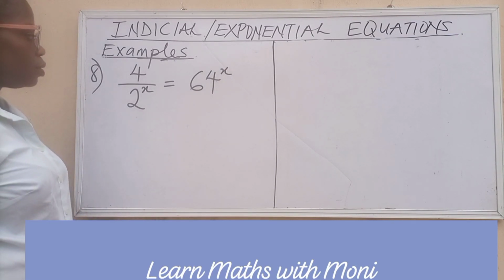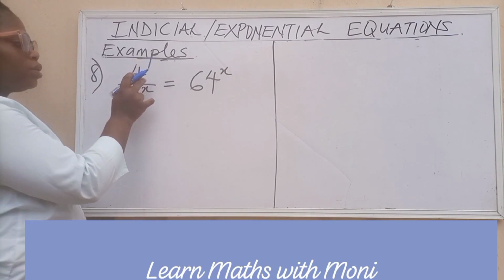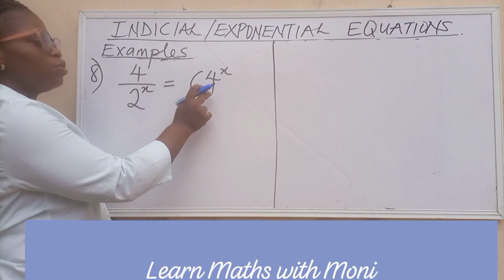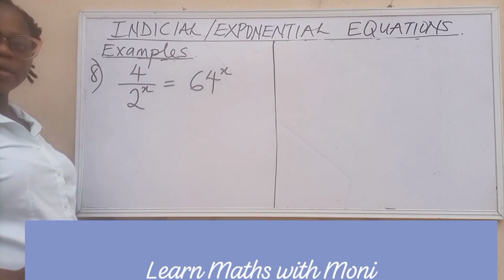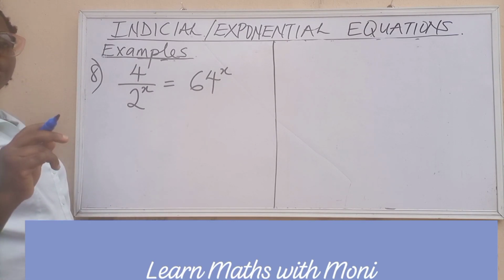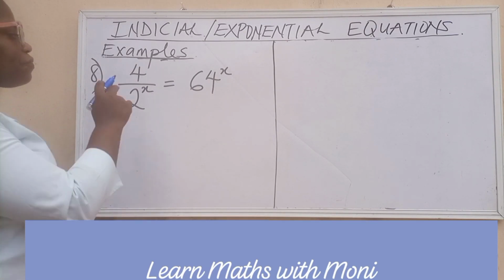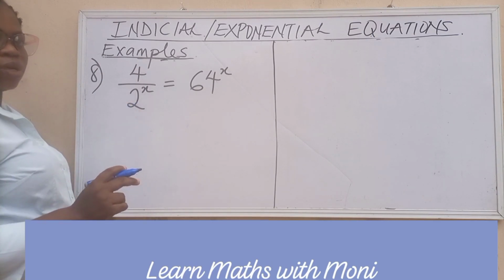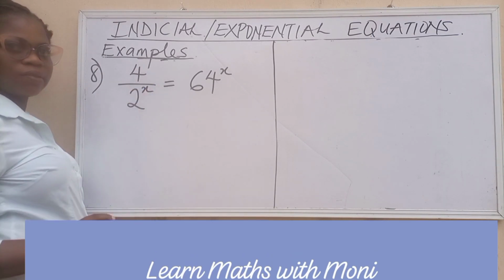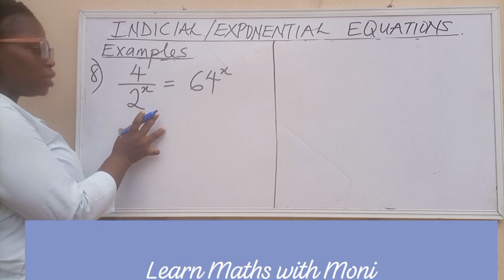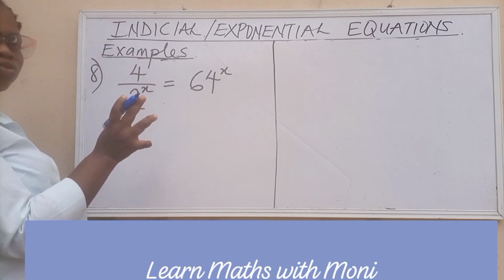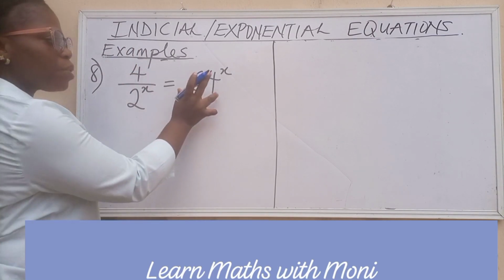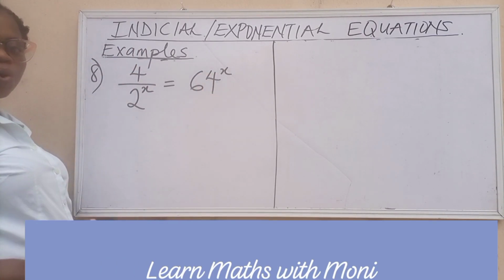Example 8. We have 4 divided by 2 raised to power x equals to 64 raised to power x. It will be so wrong for you to say 4 divided by 2. No, this is not ordinary 2. This is 2 raised to power x. So the knowledge here is to represent 4 as a power of 2 and represent 64 also as a power